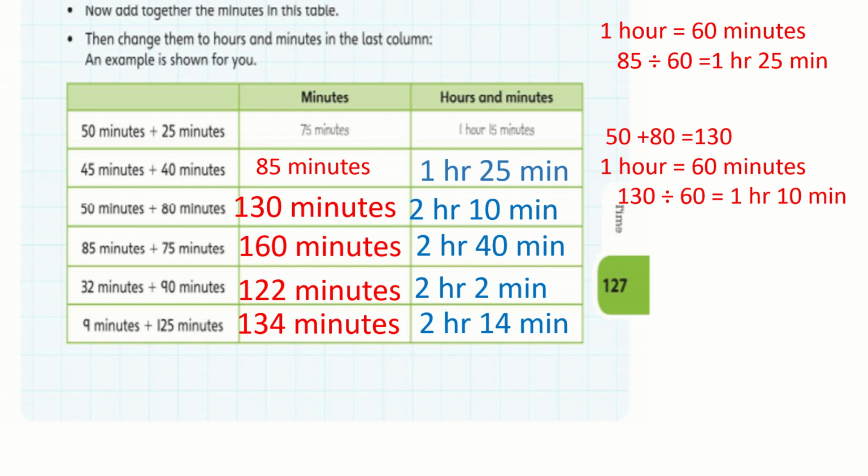Hopefully it is understood. If it is difficult to do division mentally, you can do rough work and do the long division, and just keep in mind the top will be hours and the remainder will be minutes. We are not going to solve it further. We will leave the remainder as it is because it is going to be the minutes. Understood, hopefully everyone.